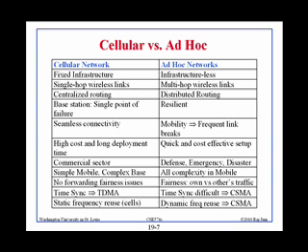So that's the thing, it is much more continuous operation on the left side, whereas on the right side it is more discontinuous operation. You have connectivity, you don't have connectivity. You have a neighbor, you don't have a neighbor. Right? High cost and long deployment time. If you want to install a cellular tower, we need a few months, right? Whereas on the right side, you just bring the trucks, and they all communicate with each other, right?